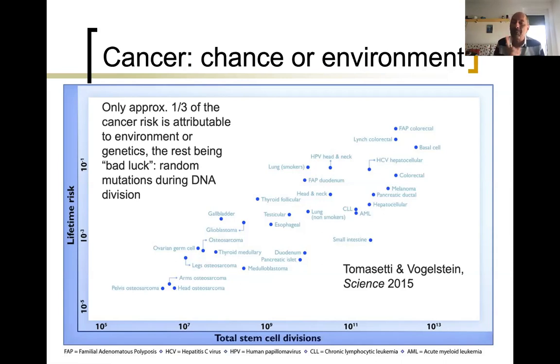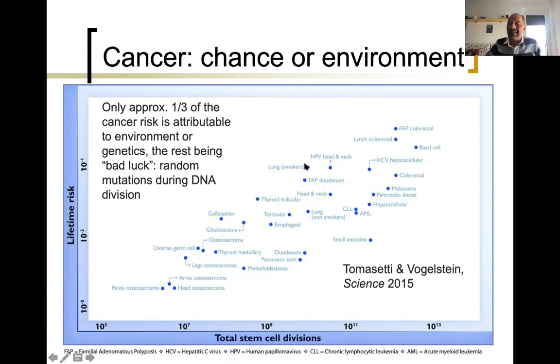You have to be careful, because the impact of the environment is also pretty clear here. I give you an example. This is the risk of cancer in smokers. This is the risk of cancer in non-smokers. There is an order of magnitude difference. It's not a small difference. I mean, this is 10 to minus 1. This is 10 to minus 2, or even 10 to minus 3. It's more than one order of magnitude difference. So you see,